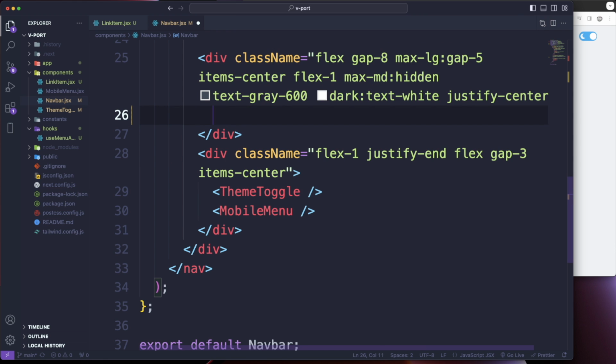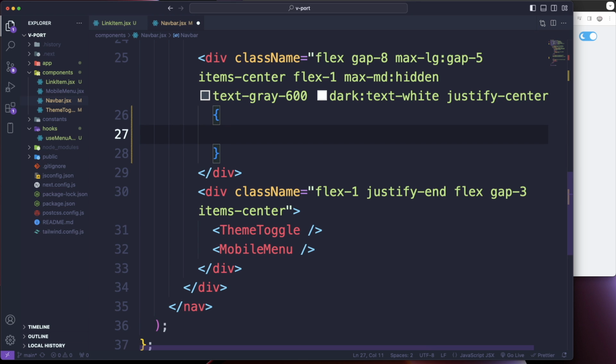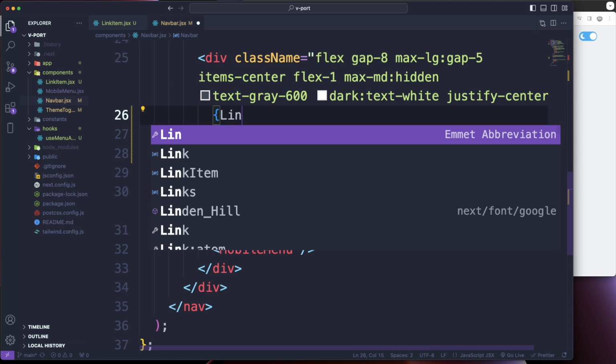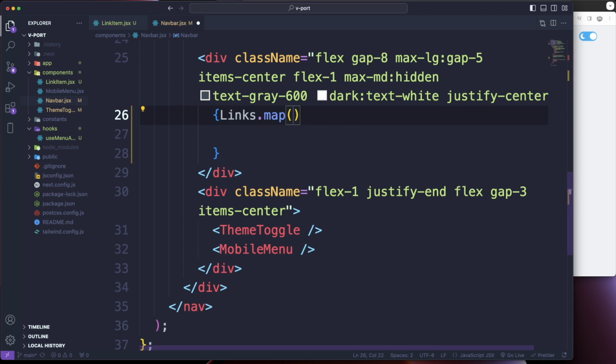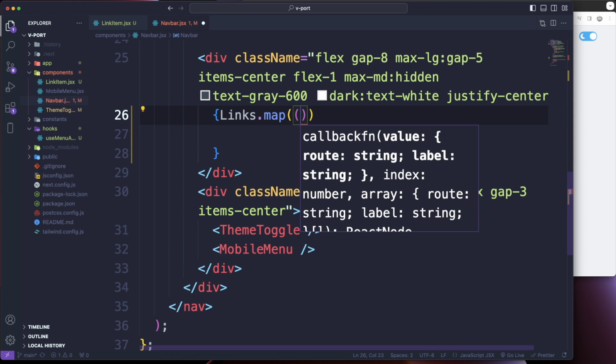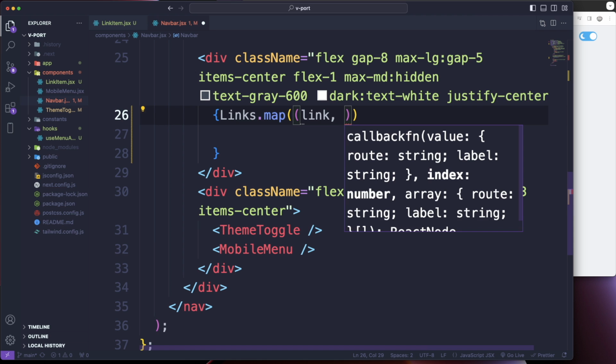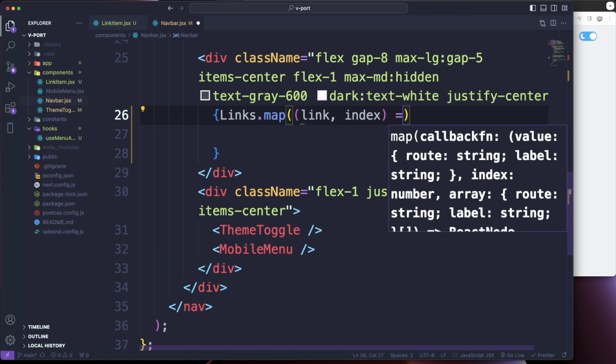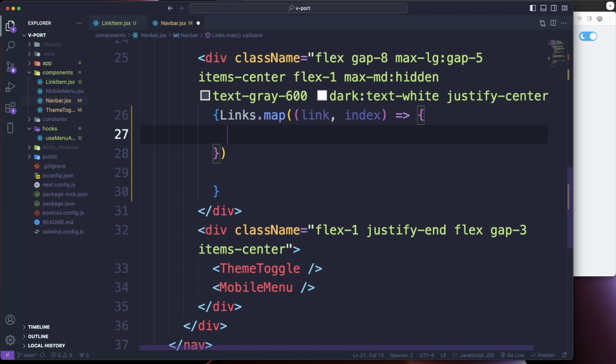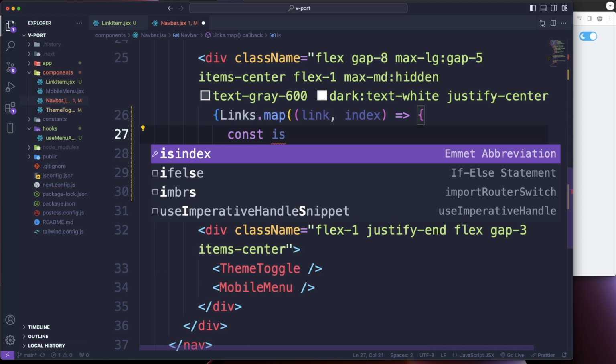All right, so let's go ahead and do a links.map. We're going to take in a link, and we're also going to take in our index, and instead of parentheses we're actually going to use brackets because we're going to write our own return statement within this map. So before that we're going to do a const isActive,